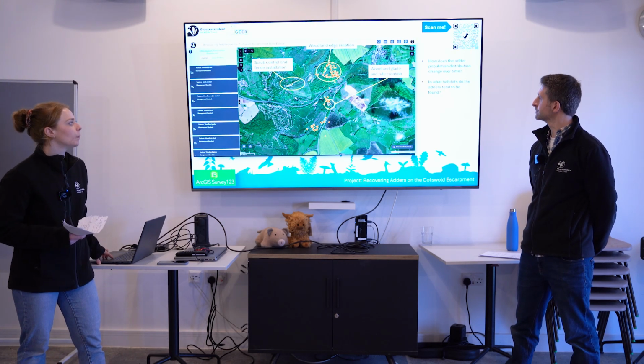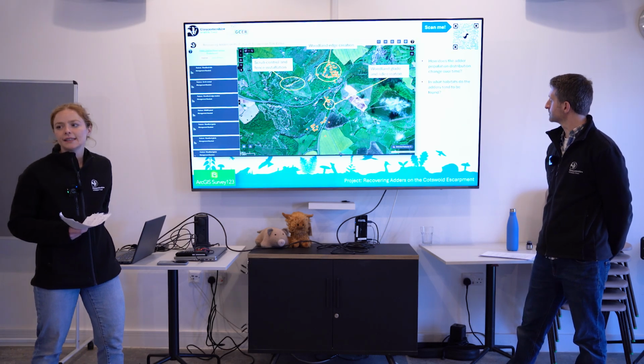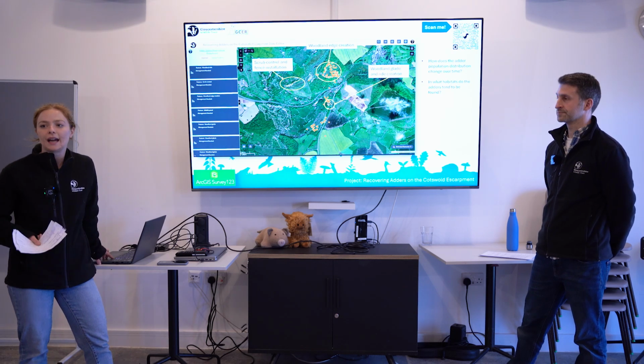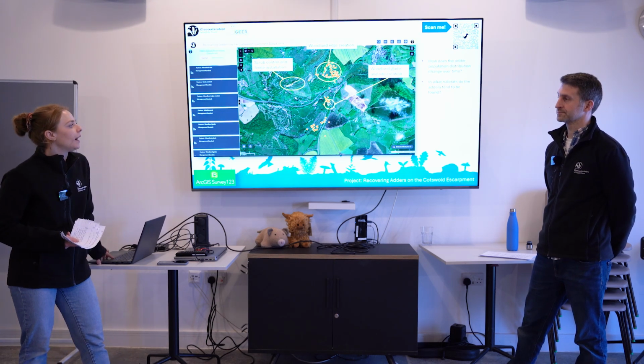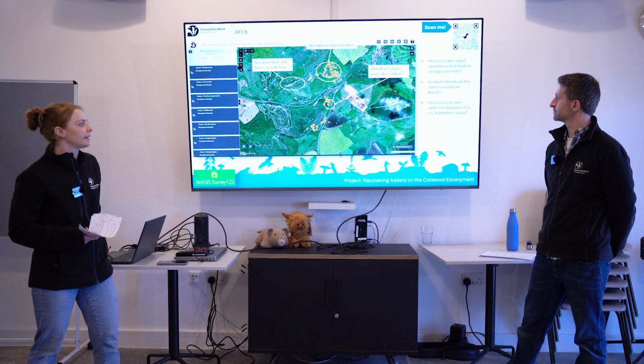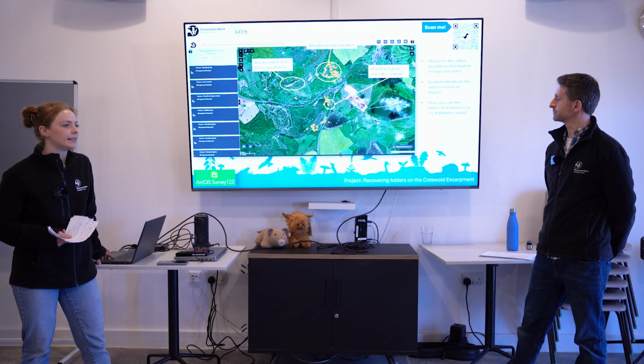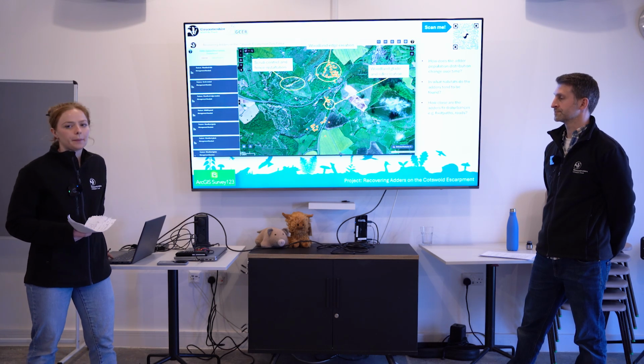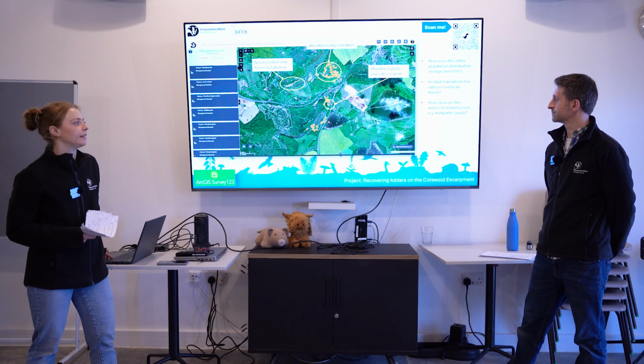We could look at what kind of habitats do the adders seem to prefer, because we could overlay our habitat data. We could look at things like, do the adders tend to be affected by potential disturbances such as footpaths